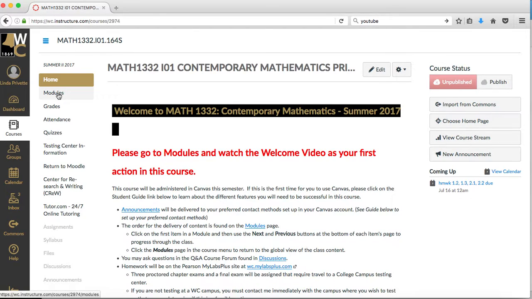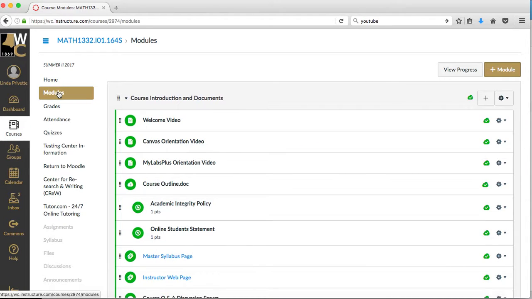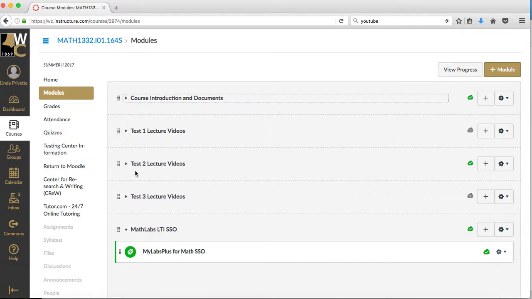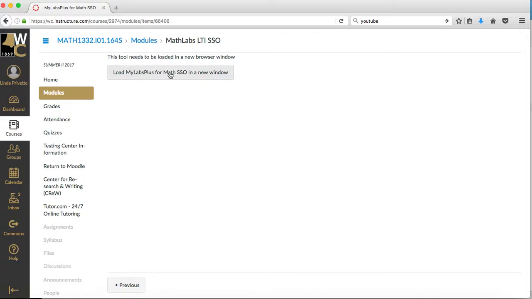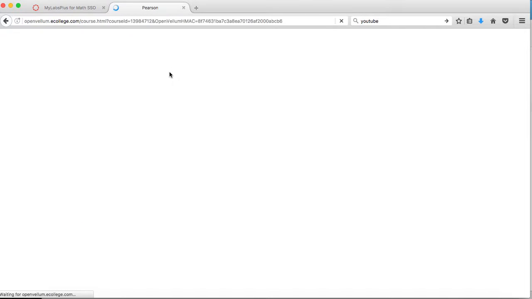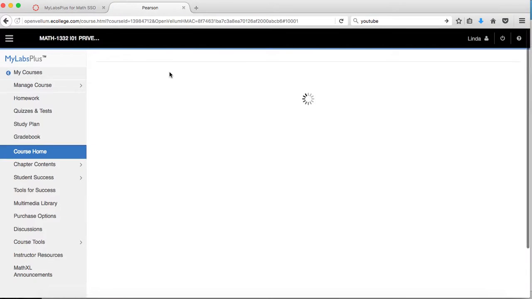As mentioned earlier, you go to Modules. And you'll see down at the bottom your MyLabs Plus for Math SSO, single sign-on, doesn't matter. MyLabs Plus. You click that, and after a couple of links, it will open your MyLabs Plus right into your